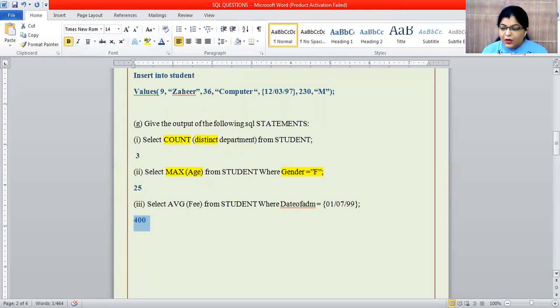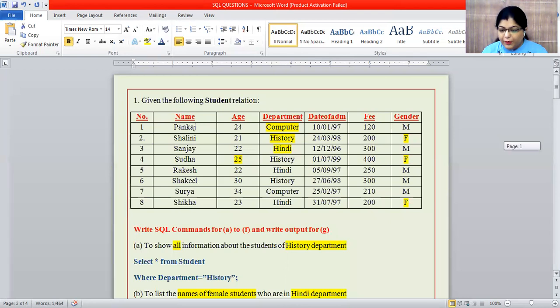So this is a question which always comes in a paper, but this question belongs to only one table. Most of the time it will come either from one table or you are given two tables and you have to combine them. So one question we will do that also. Hope this question is easily understandable by you. If you feel any problem, just write in the comment. Whatever problem you face, we'll cover and solve in the next video definitely.